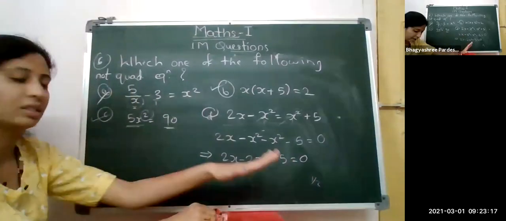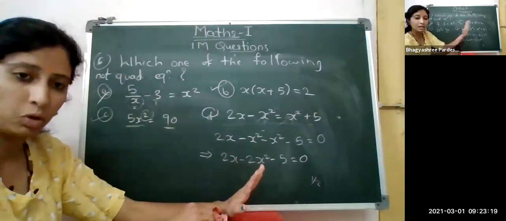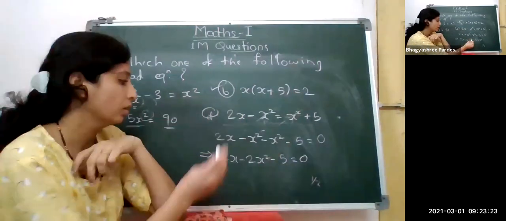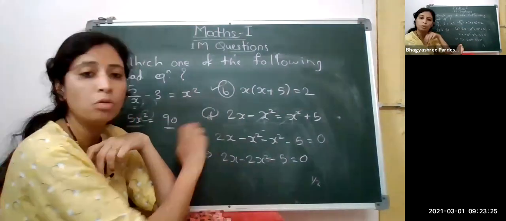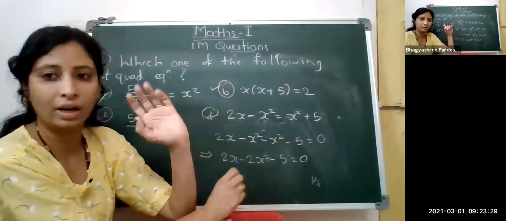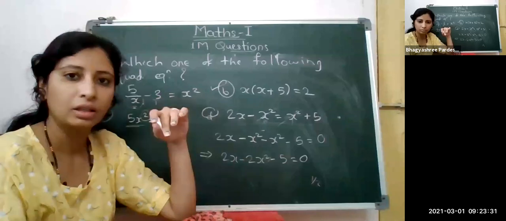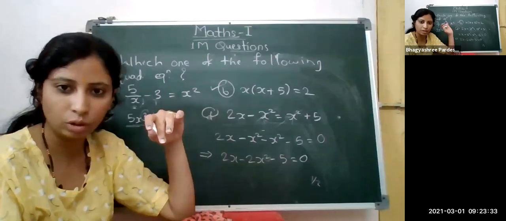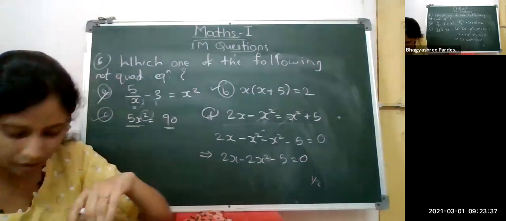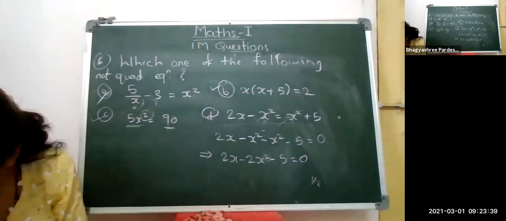Now everything is done. If here also you do not understand, then firstly convert it into standard form and then check. Now here the highest power of x is 2. So therefore we say that this is also a quadratic equation. Yes, clear now? Hope so. Now everything is clear to everyone how to identify this one. Now let's see the next question now.